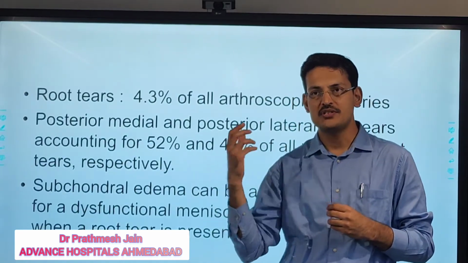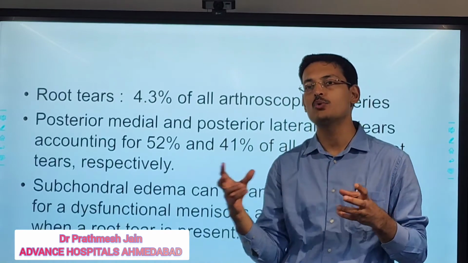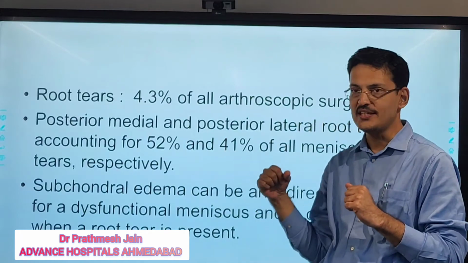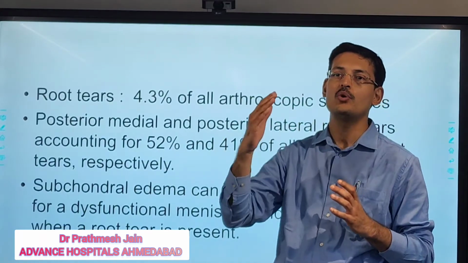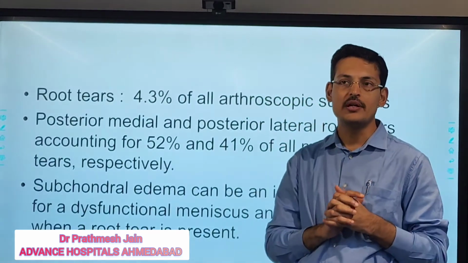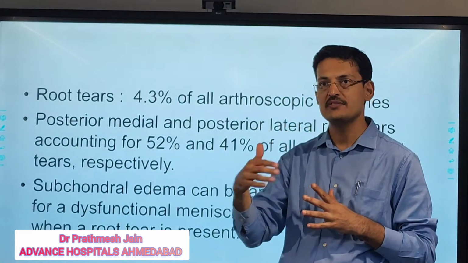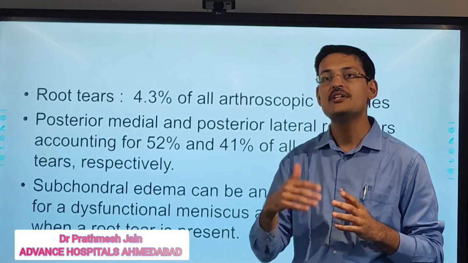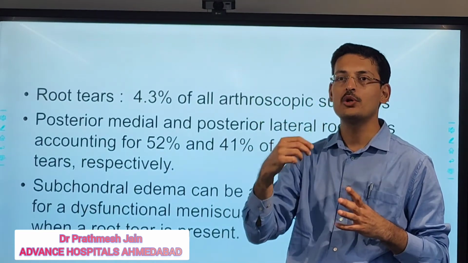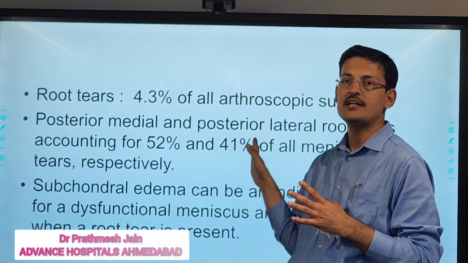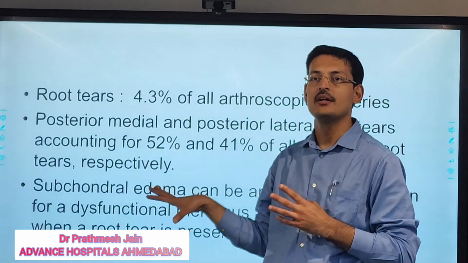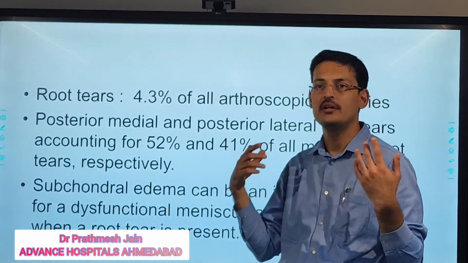There are many studies which have proven that a root tear is actually equivalent to a total meniscectomy, because the meniscus will slide out or extrude off the joint. When this happens, you have an overloading on the bone. When the patient is bearing weight, there is bone-to-bone contact and bone-to-bone wear, which progresses with time and leads to degeneration. And if there is a tear and the patient is walking, there will be a higher acute onset overload on the medial femoral condyle that will present as hyperintensity on the MRI. So people used to read it as a SPONK lesion when this pathology was not discovered.